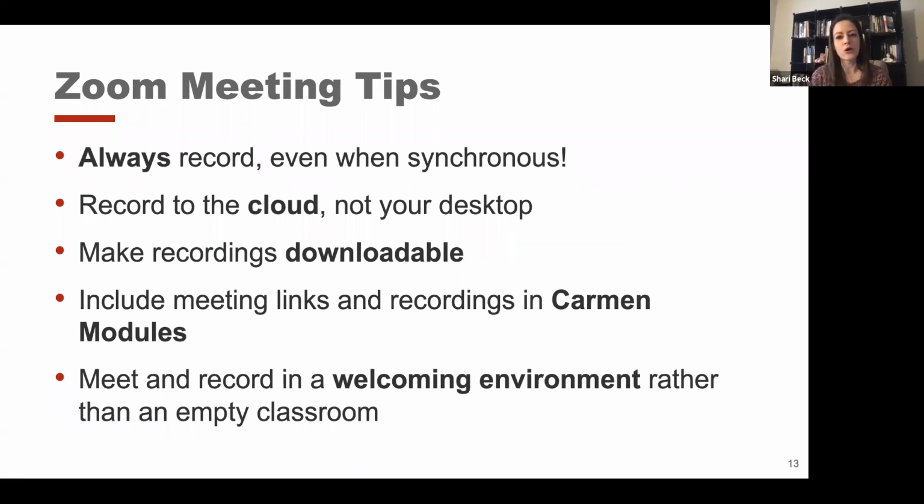And then the last point: we've received questions about where to record. We suggest trying to find a welcoming environment rather than going to an empty classroom and holding a class session or recording there. If you have a home office, you can record from your home office, or from your dining room. If you don't have a good space to record, there are virtual backgrounds. If you hover over your little video icon, you'll see an up arrow,